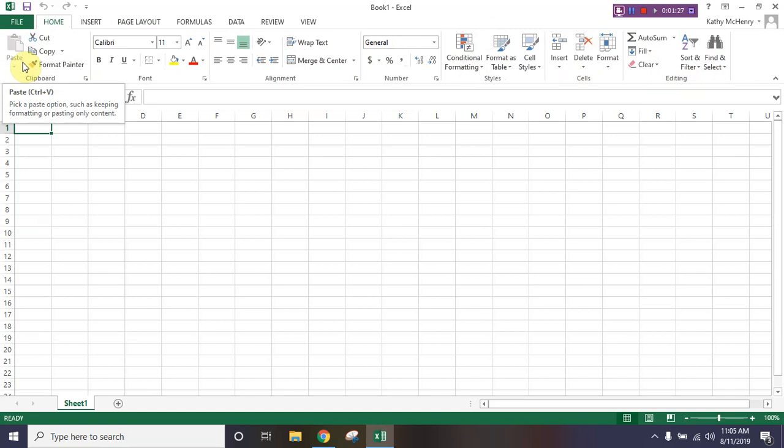In addition, your textbook gives you step-by-step directions. It'll have like home, arrow, font, arrow, bold. And what that means in that example is it wants you to go to the home tab, the font section. So each of these ribbons is divided into sections, and then the bold button. So if it gives you 3 or 4 words in a row, the first word is the tab, the second one is the section name, and then the third and fourth ones, or whatever it is, they want you to click on. Okay, let's go ahead and get started, and I'll go through some more of this as we go,